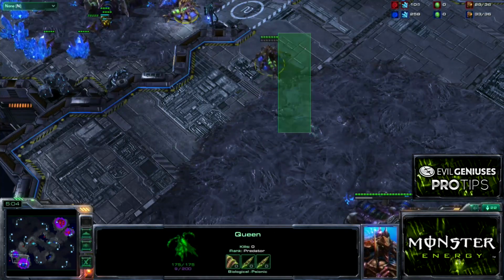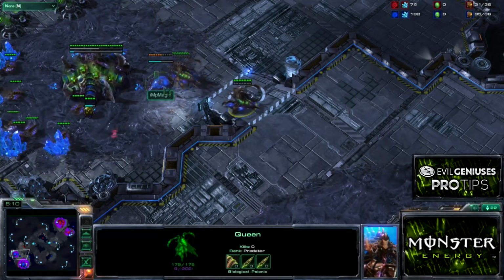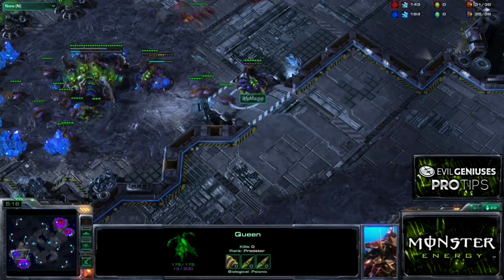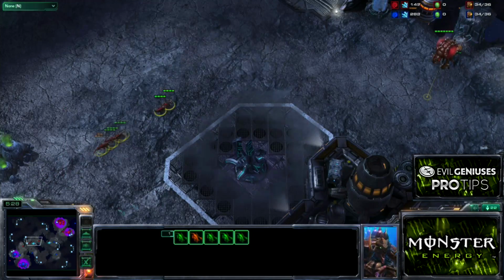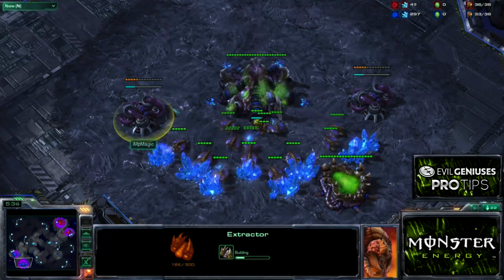He's got the queen up. He has the other queen coming down here to block the ramp. Very solid, intelligent play by him. Just the proper way to defend an early expansion when your opponent has Zerglings out and you don't have any. But we see he didn't open up with